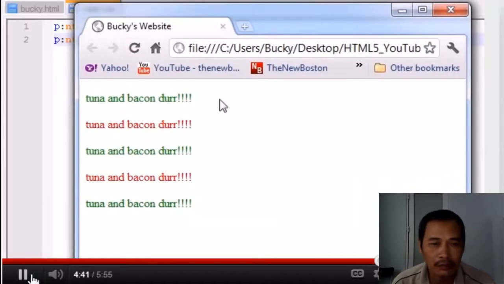Change it and check it out. So every odd one is green, every even one is red. Another way this comes in handy is if you have a huge table, like if you have an auction site like eBay or something, you could have every other row a different color, and it's going to make your items a whole lot easier to see. So not only with paragraphs, but you can also